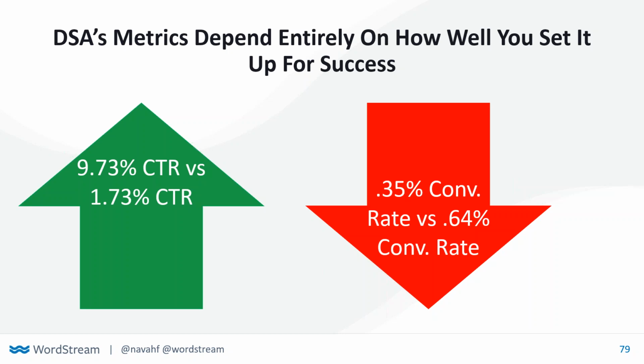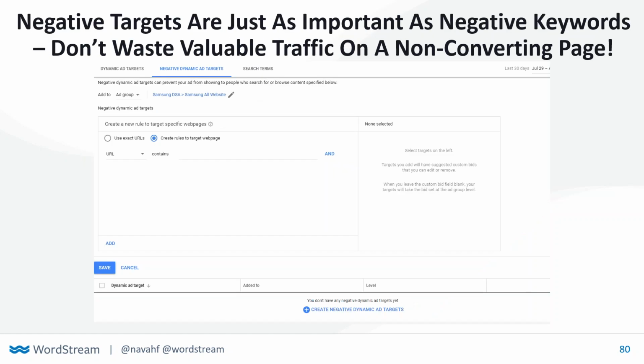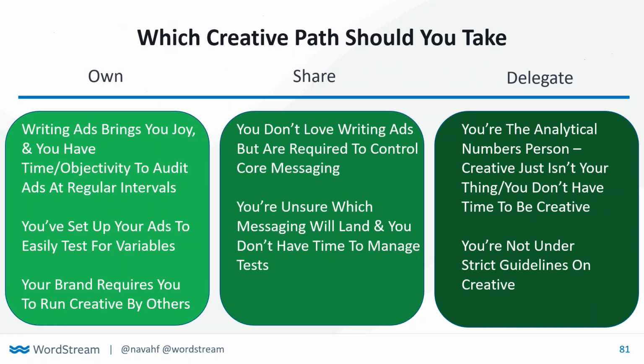So DSA by nature is designed to put traffic on well SEO'd pages, because the way traffic finds landing pages off of DSA is that you target a part of your site. So you want to make sure in setting up your DSA campaign, you're setting your home page as an exclusion, your about us, your contact, anything that is content rich that could have that SEO equity that could maybe not convert as well as the particular landing page you're looking for.